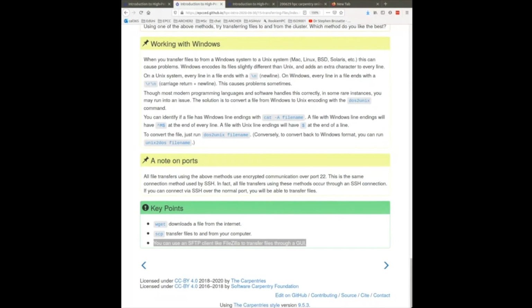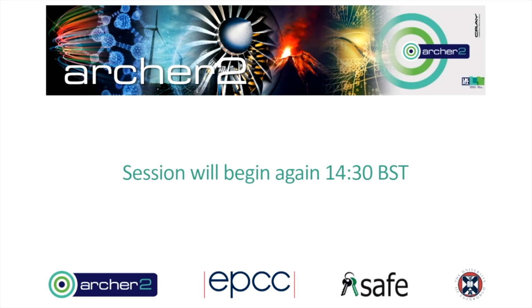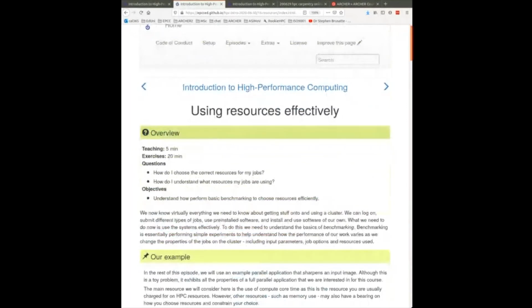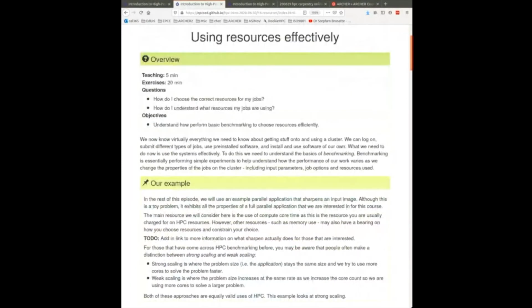Yeah, cheers. What we're going to do is cover this sharpening example and use it as an exercise in running a real program on Archer. But I've lost my place. Fine, so this is where we were before. We're going to be using the Sharpen example. I've extended this example slightly. It might take slightly more than this 20-25 minutes, but it was a question I think Matt asked before: